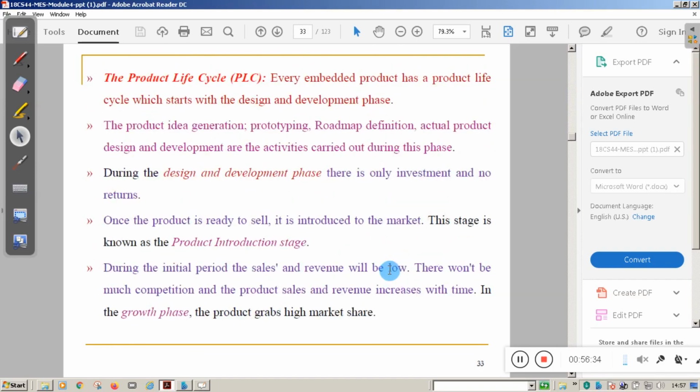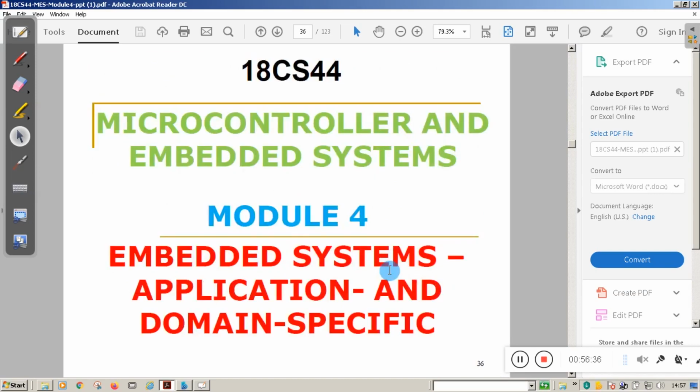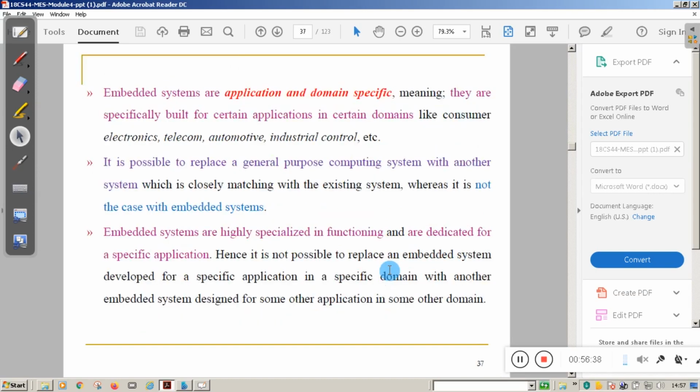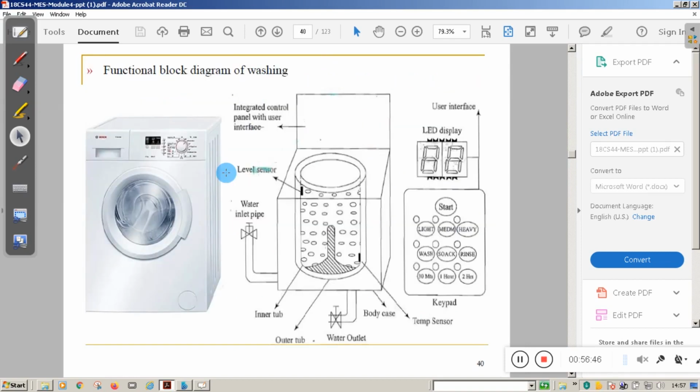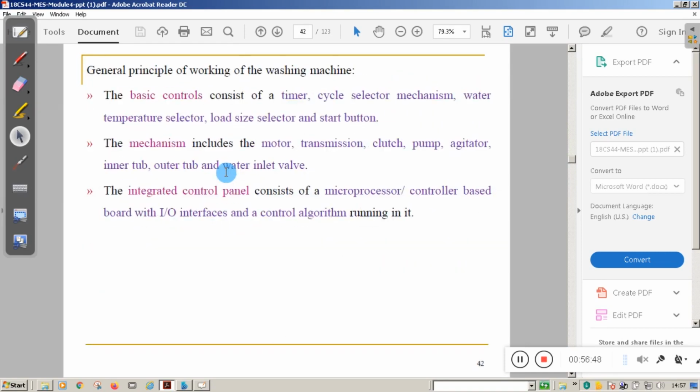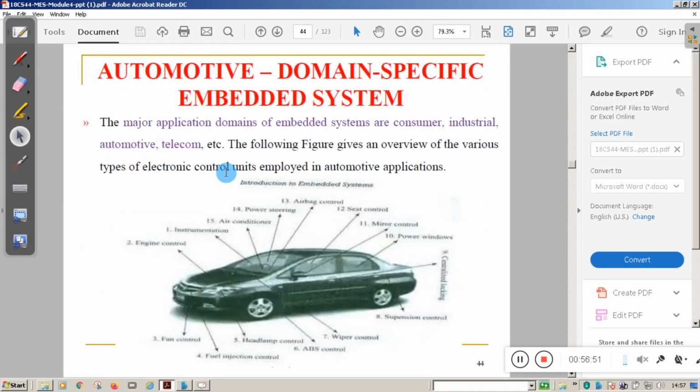Then in the next chapter we studied domain specific applications, the application in a washing machine, and the application of embedded systems in the automotive domain. We studied exactly how embedded systems are applied in the automotive domain.